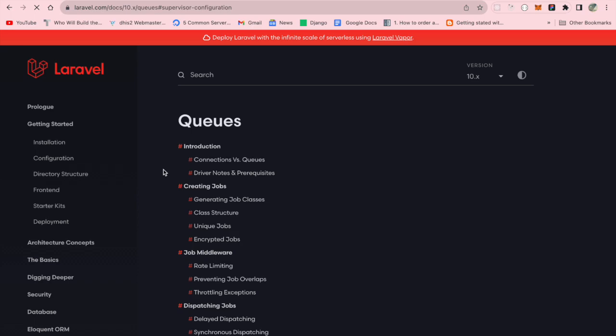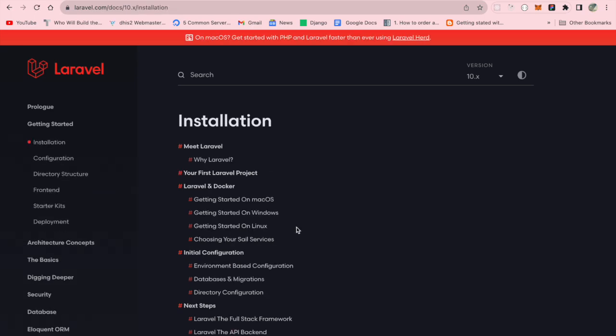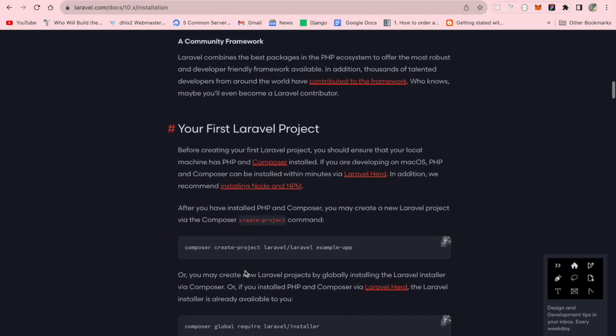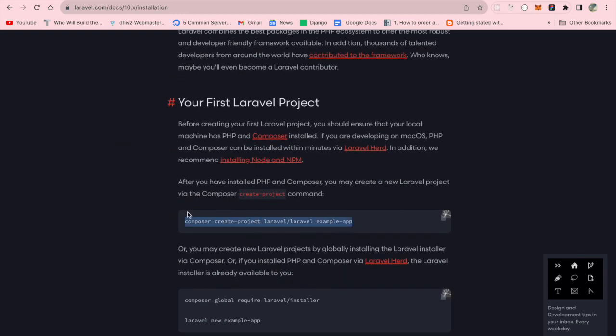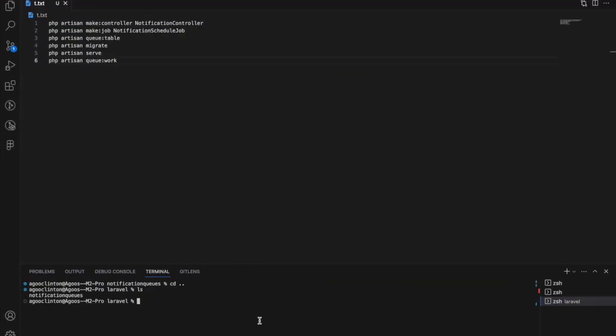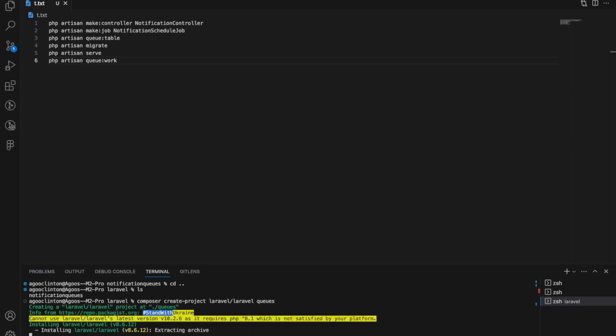In the installation guide, we have Get Started. Where's that? Just copy this code, composer. So let's create a project called queues. Let's call it queues. Okay, while it is crafting,